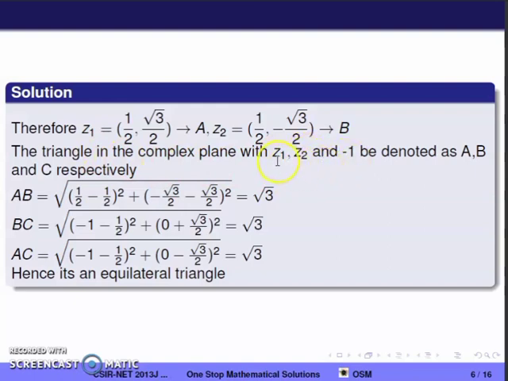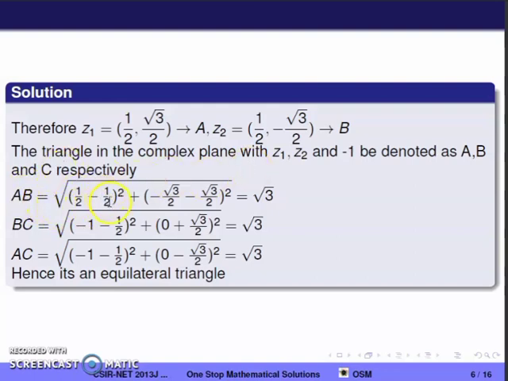So we'll get the vertices as A, B, C, so sides as AB, BC and AC. Now I am finding the length of AB, BC and AC. We use the distance formula. I hope everyone knows that. So when we use the distance formula for AB, we'll get this is equal to square root of